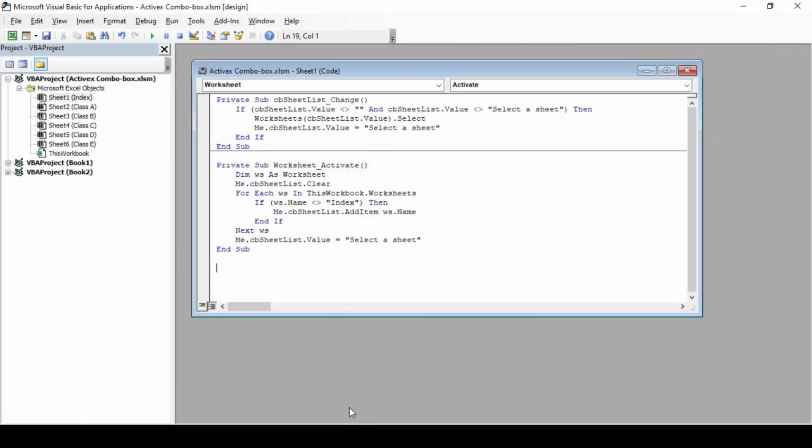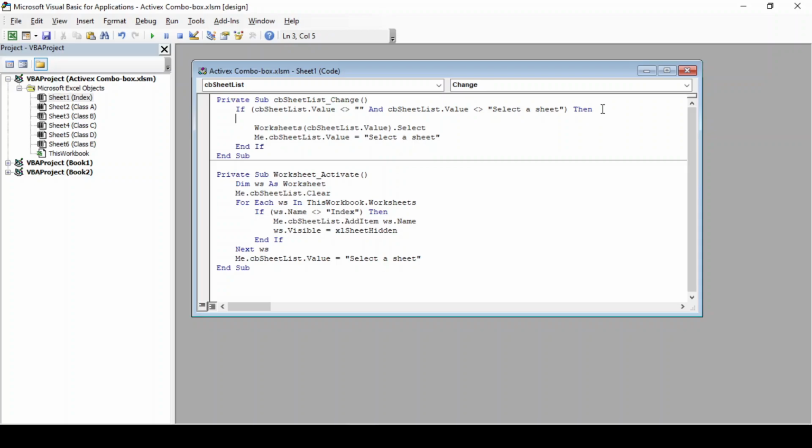So we'll go back to our code in VBA, and over here, after we are adding the name of the sheet in the combo box, we'll hide that sheet: ws.Visible = xlSheetHidden. And now over here, where we are activating the sheet with select, before that we'll unhide the sheet: Worksheets(CB_sheet_list.Value).Visible = xlSheetVisible.